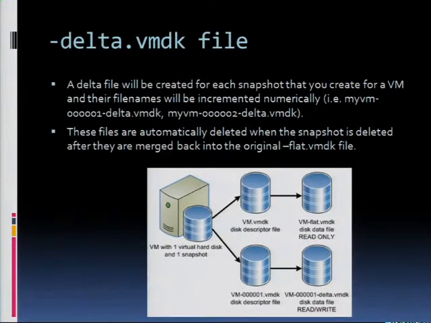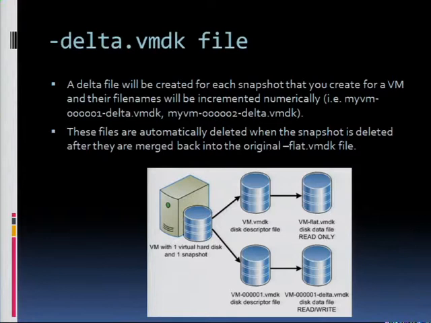A Delta file will be created for each snapshot you create for a VM, and the file names will be incremented numerically. So if you, again, browse the directory of the VM, you'll see a 000-delta VMDK, 02-delta VMDK for each snapshot. As I mentioned, these files are automatically deleted when the VM snapshot is deleted, and they're merged back into the